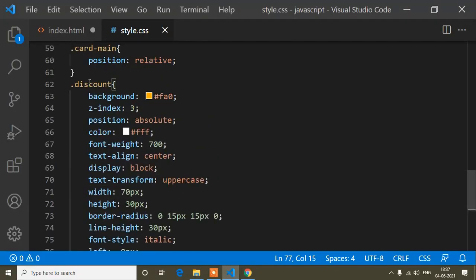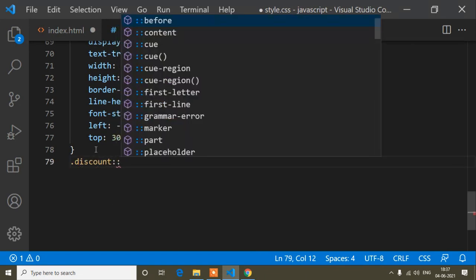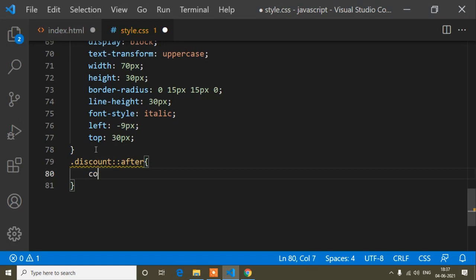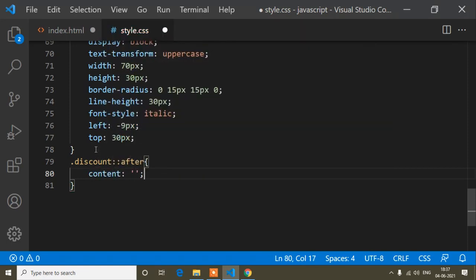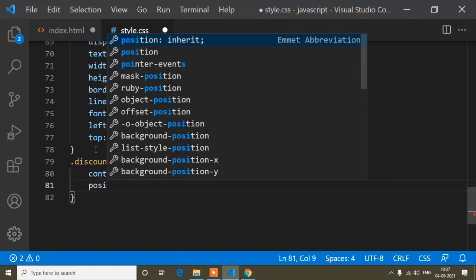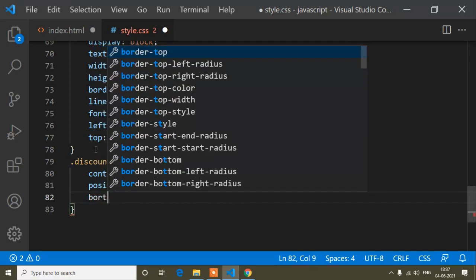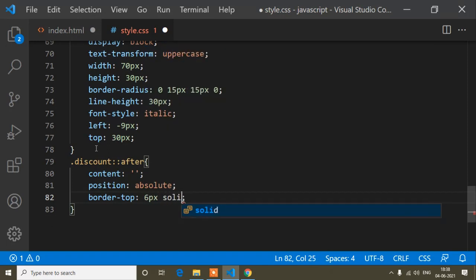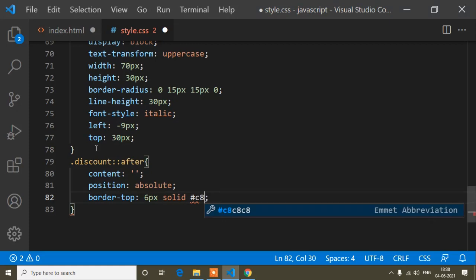And now, guys, I will copy this discount div, paste it here, and add another one, that is after. So when we write after, we need to write content, this is a must, and the position is also absolute, and here I will write another property, that is border top. So border top is 6 pixel solid, and the color code is C80.